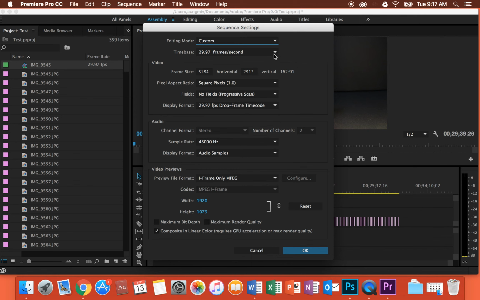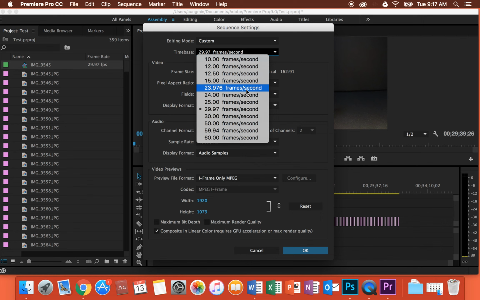But yeah, and here's the time base. The time base is basically the frames per second. By default, it's supposed to be 29.97 frames per second, which is very close to 30 frames per second. But to me, there's no difference when it comes to stop motion. Traditional stop motion is supposed to be 24 frames per second. Now, I usually prefer 30 frames per second, like these two over here, mainly because